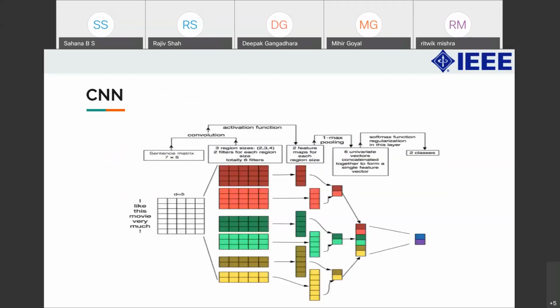Keeping that in mind, we started with CNN. We used a really popular architecture of CNN for our task. We used a CNN with 3 filter sizes, 3, 4 and 5 namely, each producing 10 feature maps. Of course, we used global max pooling and a softmax activation to give the output. But CNN comes with its own drawbacks, right? So we used further deep learning models in order to counteract these drawbacks.